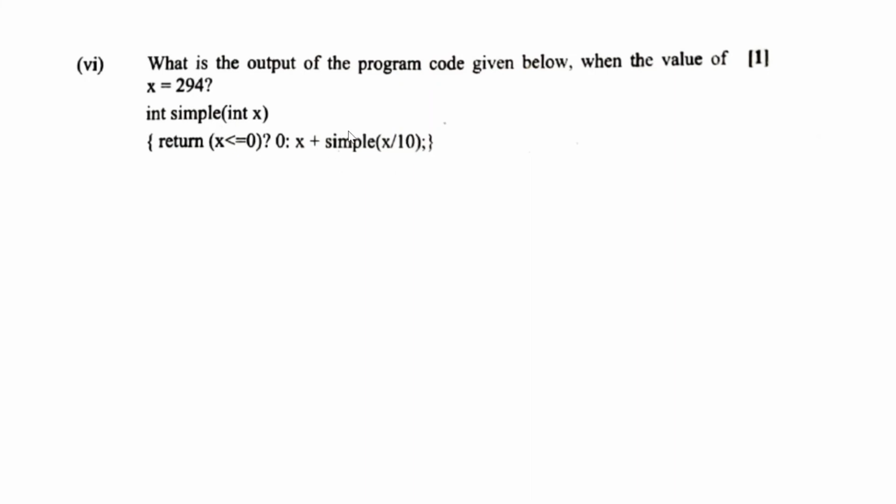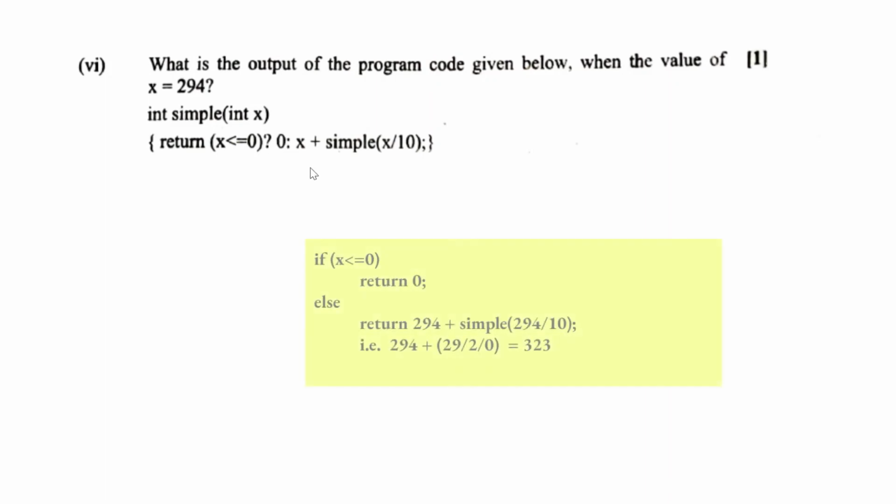And the second thing we can say is that recursion is happening. The statement is calling itself again. That is what recursion is all about. The first time when recursion happens, the value 294 will be divided by 10 and it will return 29. The next time 2 and the next time 0. Now 0 is acting as a base case here. If the value of x is equal to 0, it will return 0, where no recursion is happening, the first part. So look at the statement. This is how it will work. First time it will return 29, then it will return 2. So the addition or the sum of these 4 numbers is